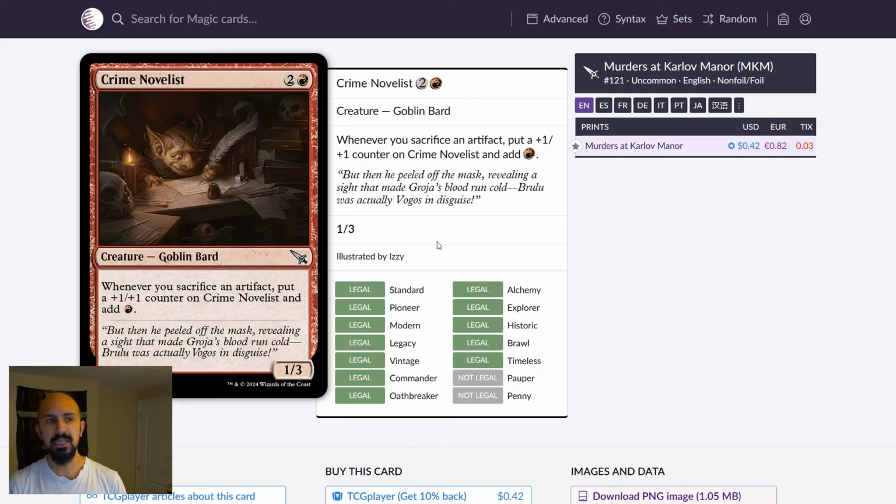If not, in the meantime, it'll save you mana on cracking clues, it'll save you mana here and there, and if you're not just sacrificing artifacts on your end step, which is something that will happen, you are getting a little bit of value here and there. I think it's a pretty good creature, and I think